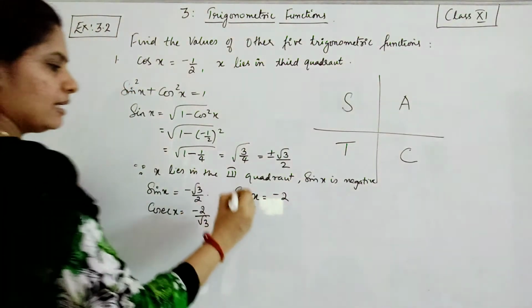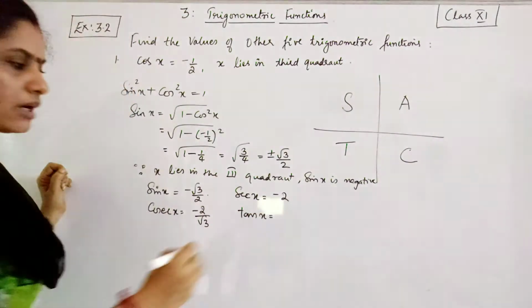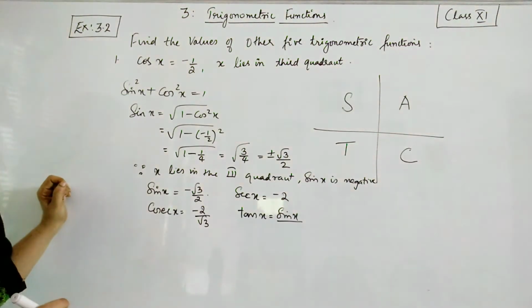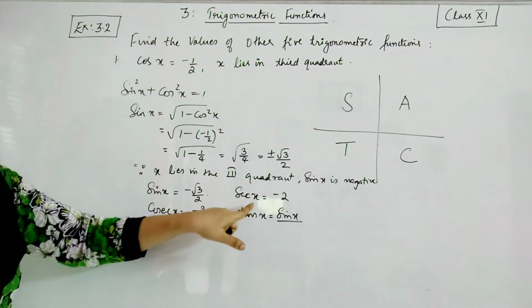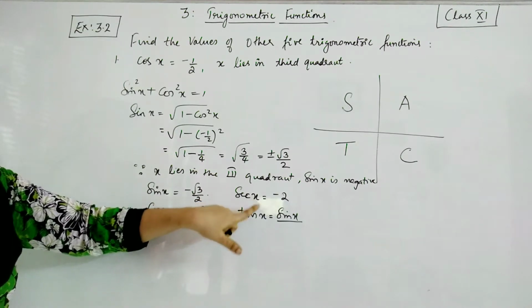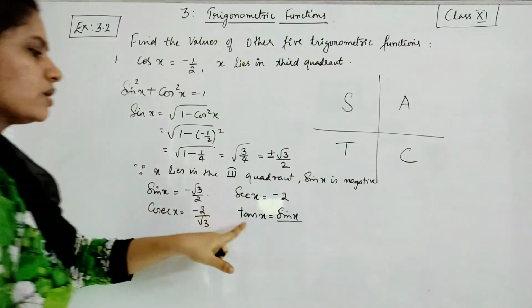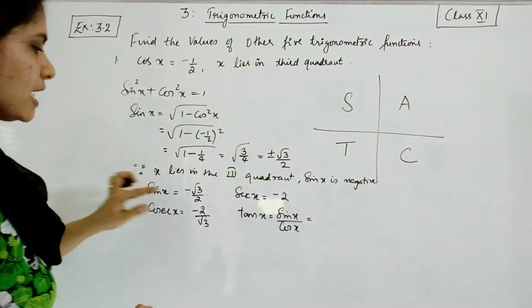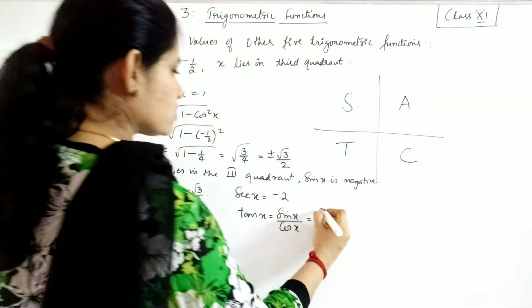Now you want tan. For tan you can just use sine by cos. Tan is equal to sine by cos, or else you can use root of sec square x minus 1 also, because 1 plus tan square x is sec square x. Already you have got the value of sec, so you can use that formula also in order to find tan, or else you can use tan is equal to sine by cos. What is the value of sine you know, what is cos you know, so you can find what is tan. Okay, sine is minus root 3 by 2